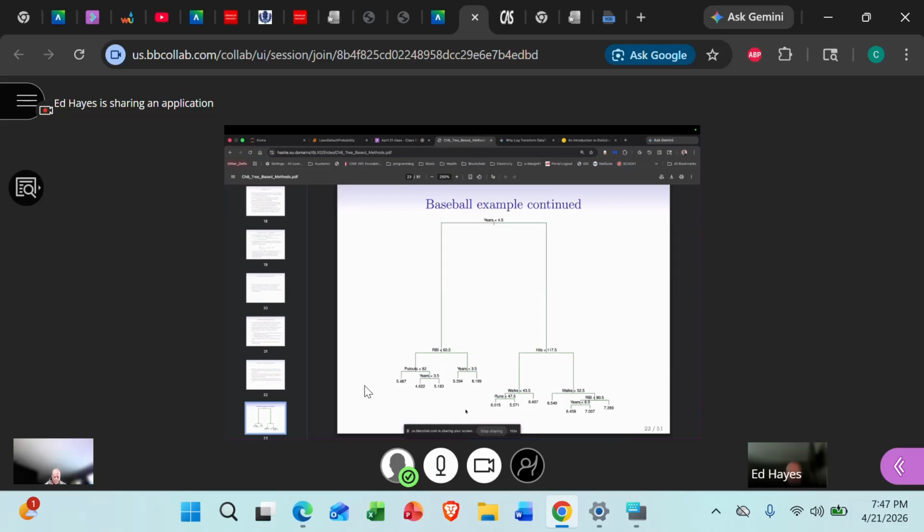Now you can see over here we go to hits and then the number of walks. All of these you can think of as measures of success or potentially measures of failure, depending on the context. In this case, he ends up with 1, 2, 3, 4, 5, 6, 7, 8, 9, 10, 11, 12 leaf nodes. And when you get a new player, you now get a more refined estimate